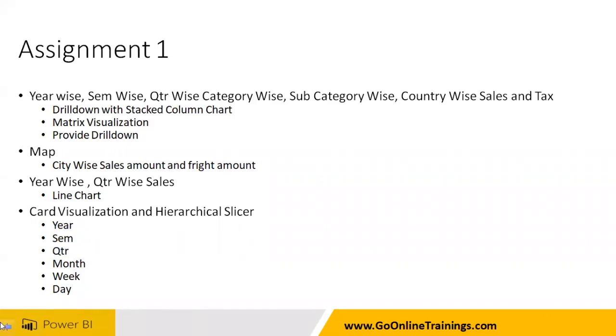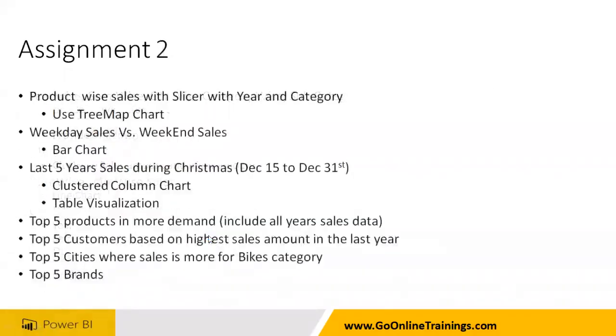The next one, map visualization: city-wise sales amount and freight amount. Year-wise, quarter-wise sales, you can use the line chart, card visualization and hierarchical slicer. Year-wise, semester-wise, quarter-wise, month-wise, week-wise, day-wise sales, I want to have it. So use the card visualization and hierarchy slicer. Assignment number 2,